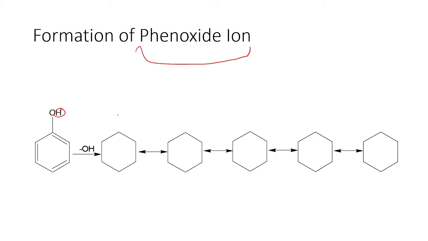Meaning to say, we will have a phenol here, or an organic compound that has an oxygen bearing a negative charge. So, in that, we will have this molecule. So this actually is what we call the phenoxide